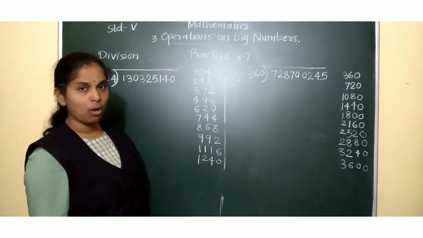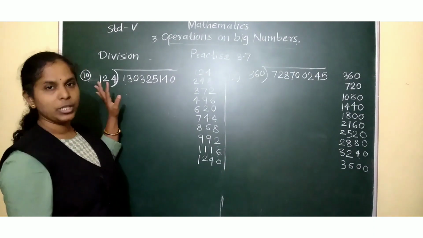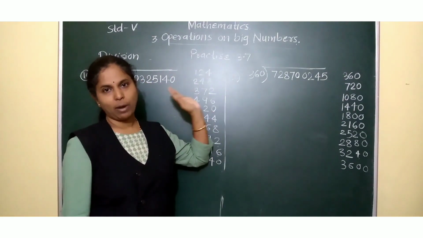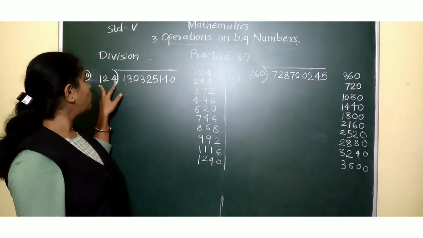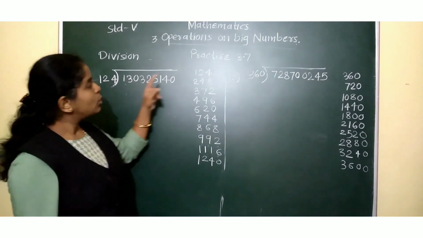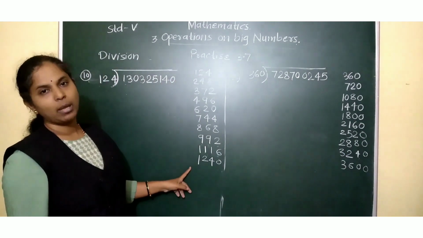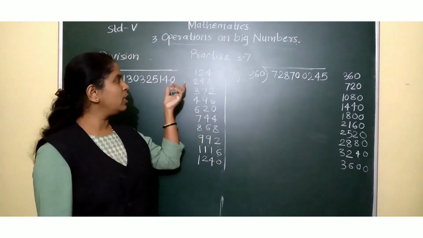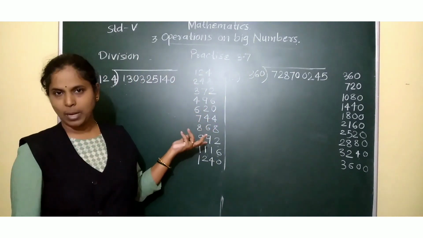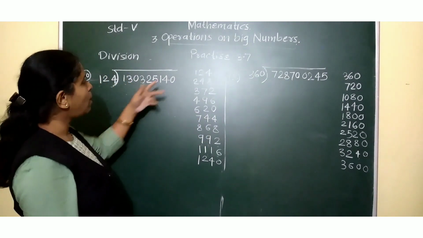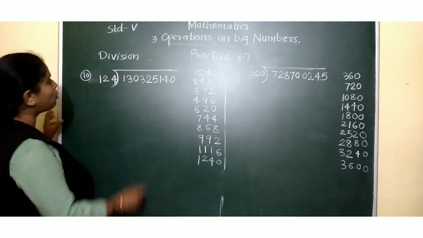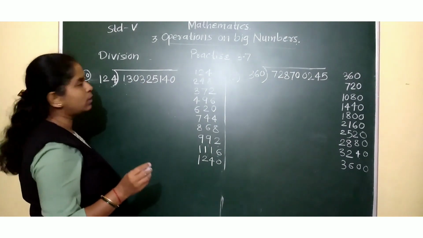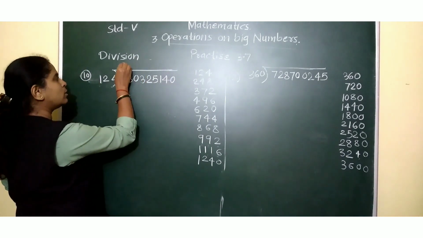Students, now up till now we were dividing by 2-digit number, but here 3-digit. Now directly I will solve 10 and 12. Remaining you will have to do as homework. See, now here 124 is there, 3-digit number. So what I did, I first prepared the table of 124 and there I prepared the table of 360. This 3-digit number you can prepare the table by multiplying also. Okay. Now here by multiplying I have prepared the table. So 124. First we have to take 3-digit number, that is 130. So which number is closer? This one.